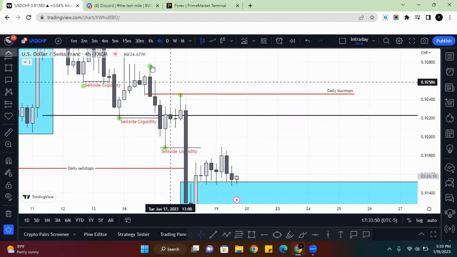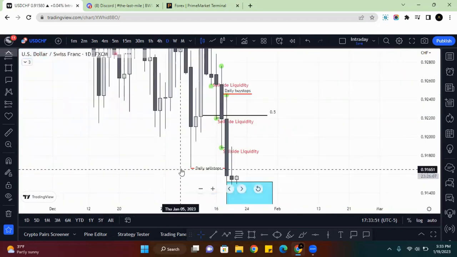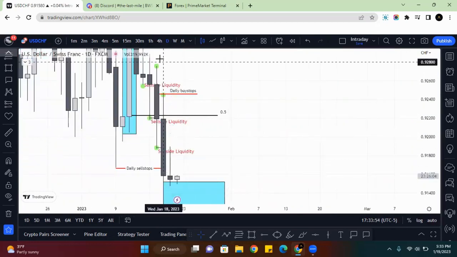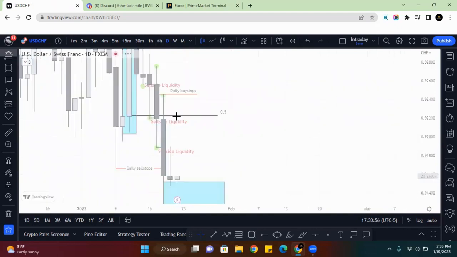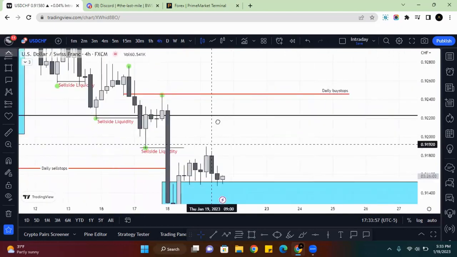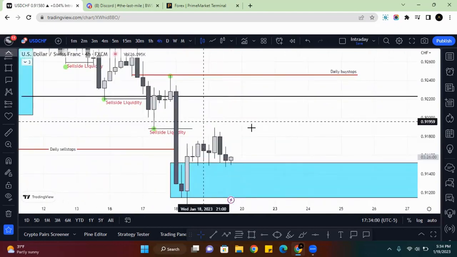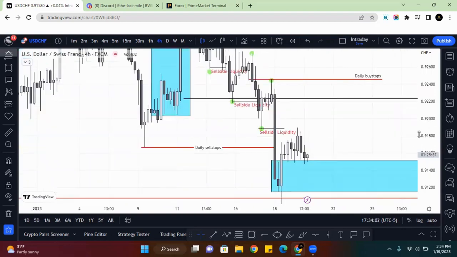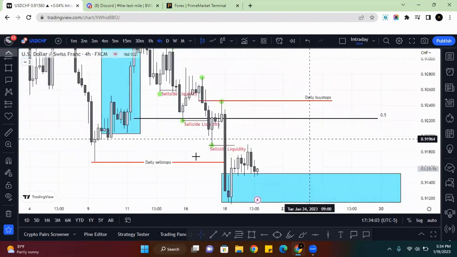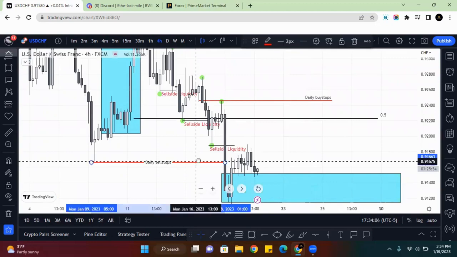And this is just breaking it down from the 4 hour. Sometimes the daily is not pretty, and you just have one solid big blocky candle. Sometimes you have to look inside of that candle to really see the liquidity break down. And if you don't see anything on the 4H, you can always drop down to the 1H. It just gets clearer and clearer as you drop time frames if you don't see something immediate and crazy on the daily.